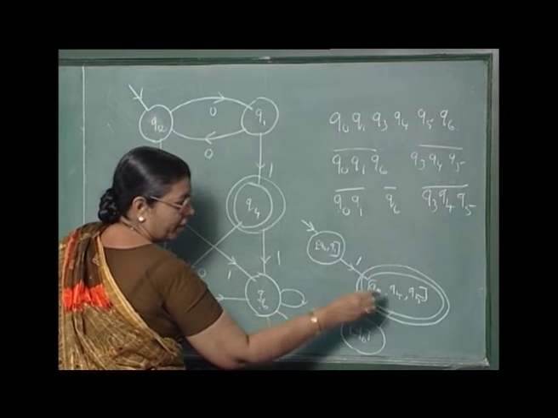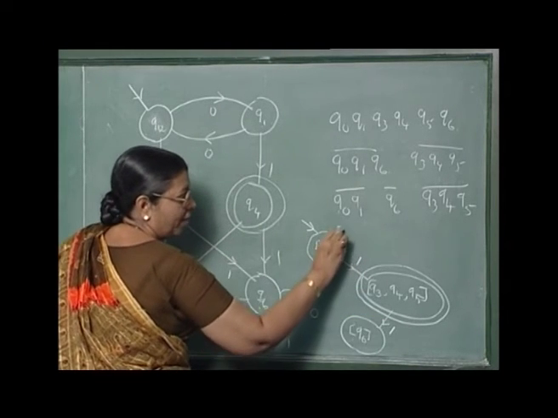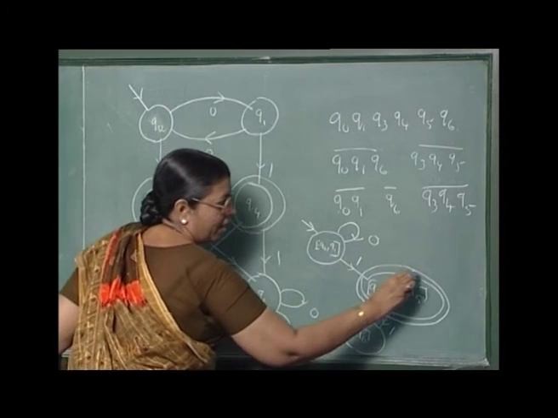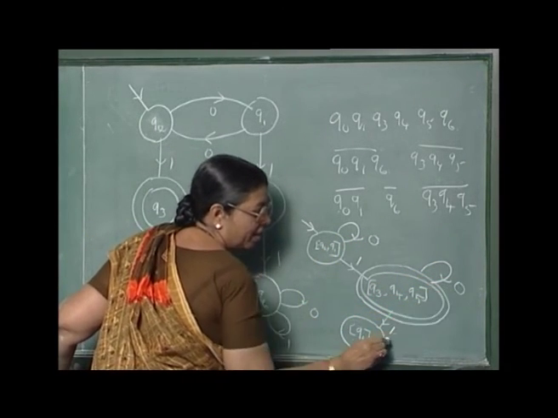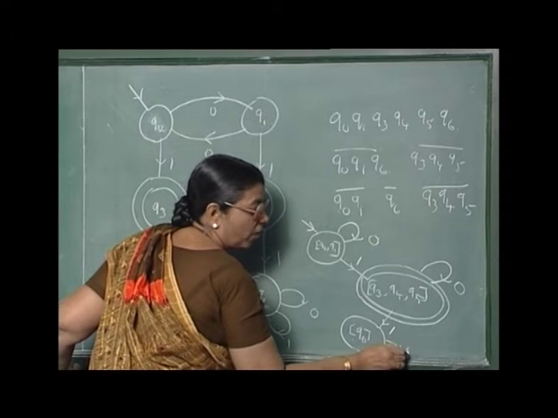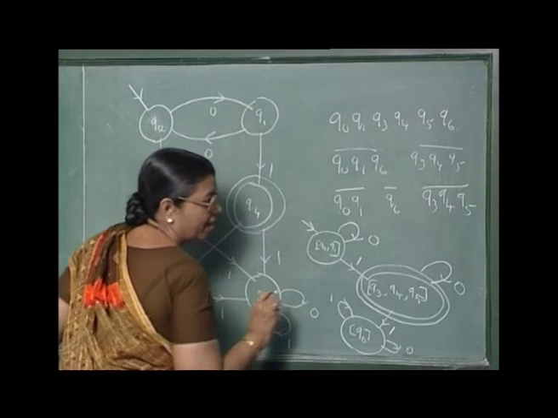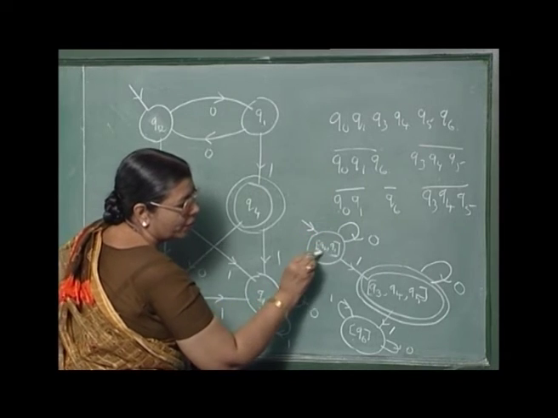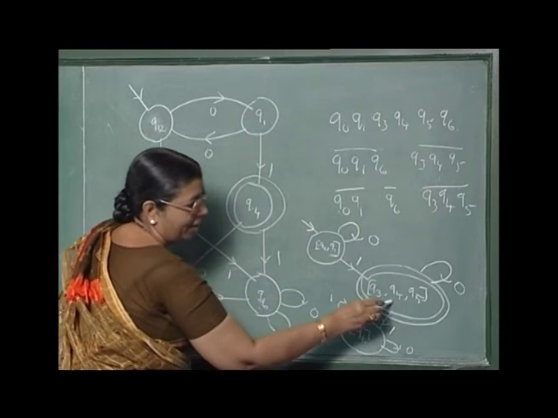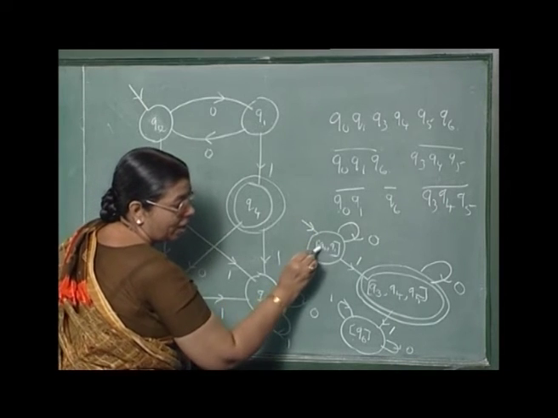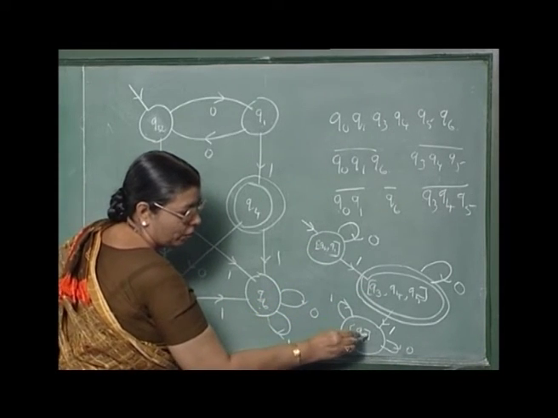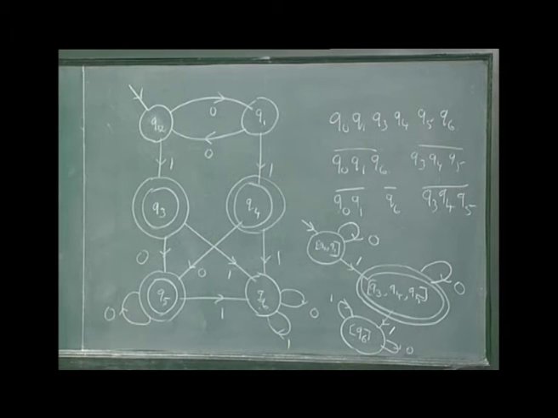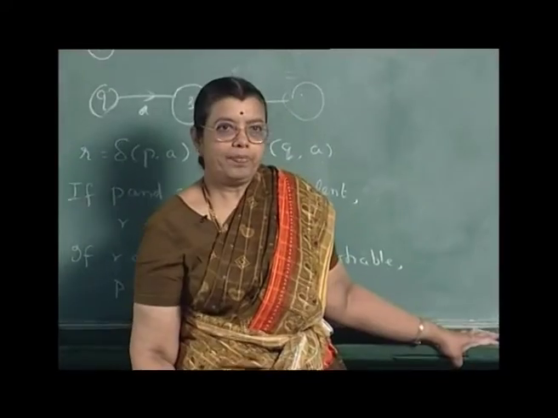If you read 1, you go here. If you read 2 1s, you go here. When you read a 0, you are here. When you read a 0 or a 1, you remain here. So, you can see that any string having a number of zeros with 1 1 followed by zeros will be accepted. If you have no zeros, no ones, or if you have 2 ones or more ones, it will go to Q6, which is a non-final state, and such a string will not be accepted. So, this is the minimum state automaton for this deterministic automaton.